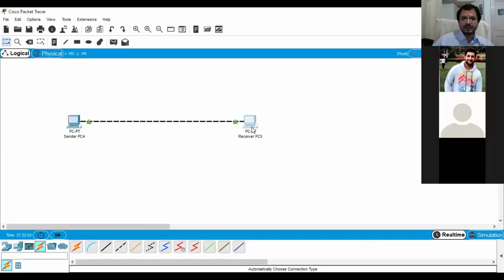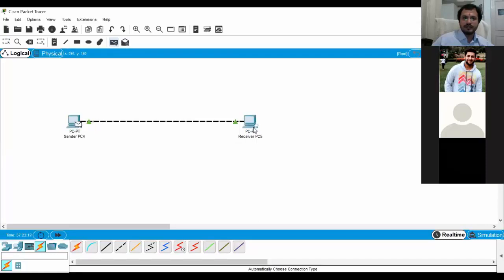Once we have configured this in both the devices, then these devices will be able to communicate with each other, right? So I'm just assigning the protocol. This is the protocol which I have assigned: for PC4 I have given an IP of 10.0.0.1, and for PC5 I have given 10.0.0.2.